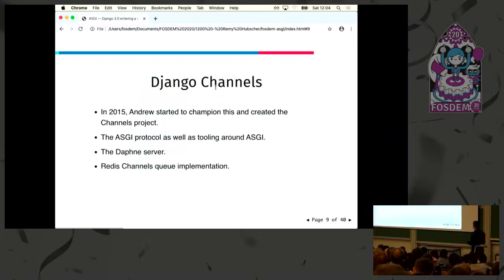And the layer that is missing is called Django Channels. It started in 2015. And Andrew said, okay, I'm going to tackle this subject because it's really important. And all this led to ASGI, the ASGI protocol I'm going to talk about, the Daphne server, which is an implementation in Python, and the Redis channel layer implementation that I will also talk about a bit later.